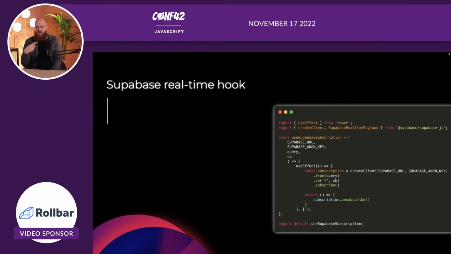So first, I created something which I call a use Supabase subscription. So what is a subscription in Supabase? It's basically this little socket connection to Supabase where you can subscribe to any change that you want to.